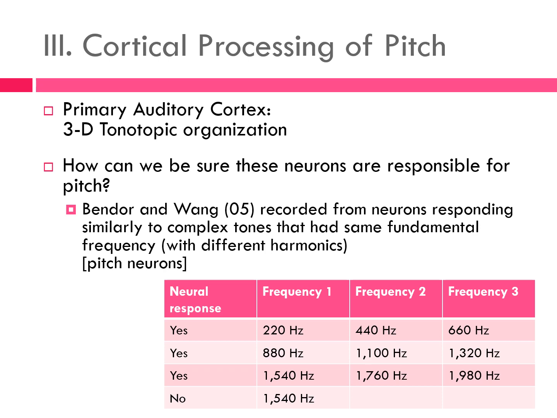basilar membrane, that we have place theory, that we have maximal displacement at a certain place that's going to tell us about pitch, and that we have the phase locking, the temporal coding for those pitches lower than about 4,000 hertz to help code for pitch as well. So we end up in the auditory cortex with this three-dimensional tonotopic organization according to frequencies. And Bendor and Wang asked the question of how can we be sure that these neurons